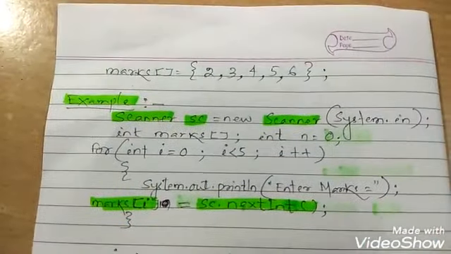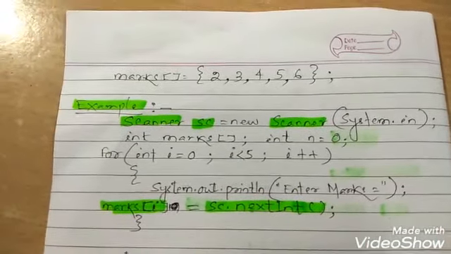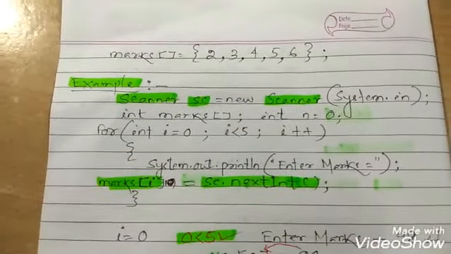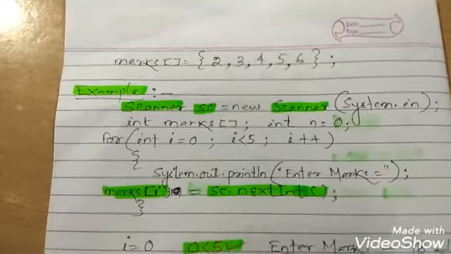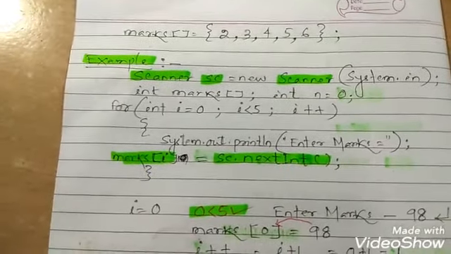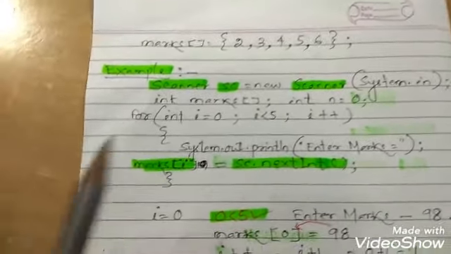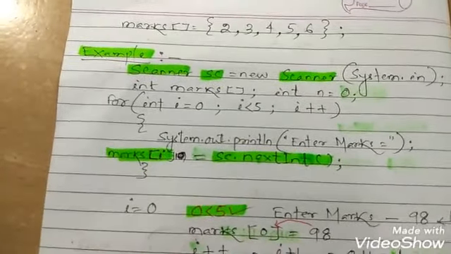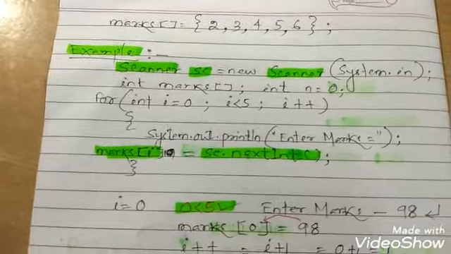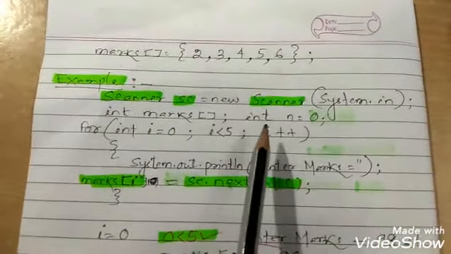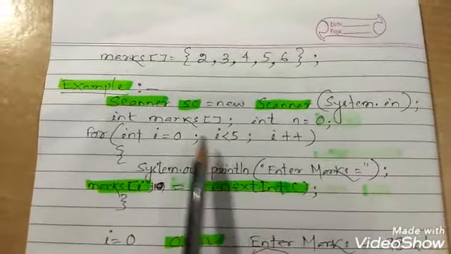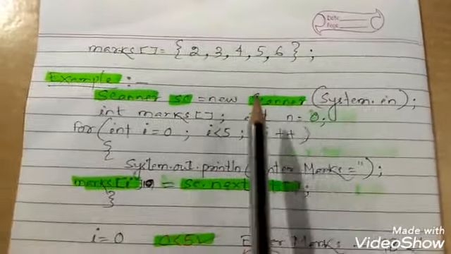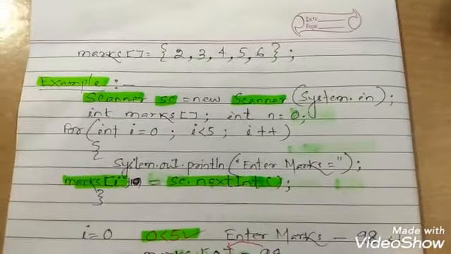But always it is not needed, isn't it? Sometimes you may need to store marks. So for different students, for example, 5 students' marks are not going to be stored serially, isn't it? Their marks definitely will differ, right? So according to the user choice you are going to enter now when you use the scanner class. So it is not like 2, 3, 4, 5, 6 or 10, 11, 12, 13, 14, 15 like that.